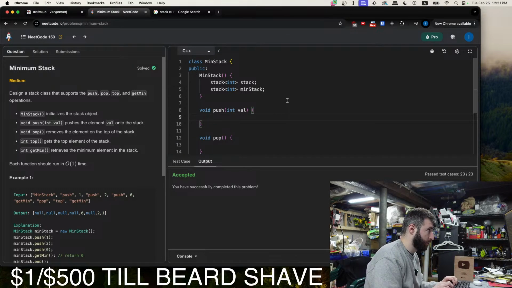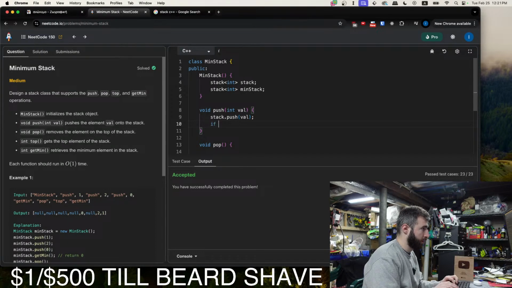When we push a value to the stack, we just push it onto the normal stack, and if minStack.empty or, in C++, I think to get the element you just check top, minStack.top value is less than or equal to minStack.top.